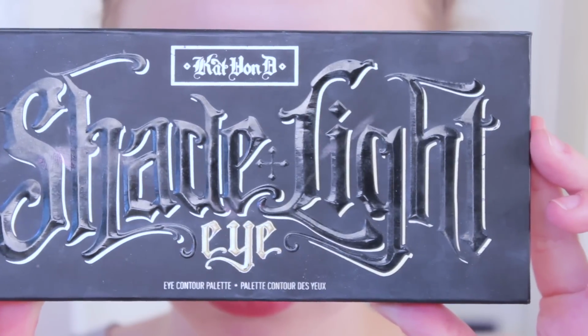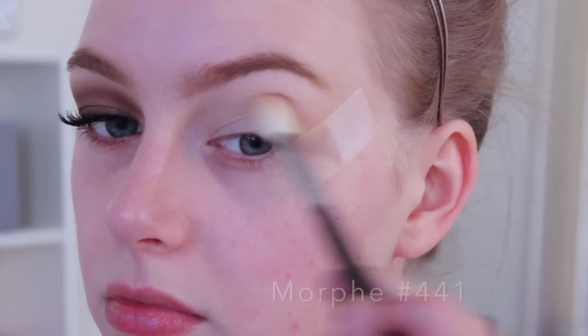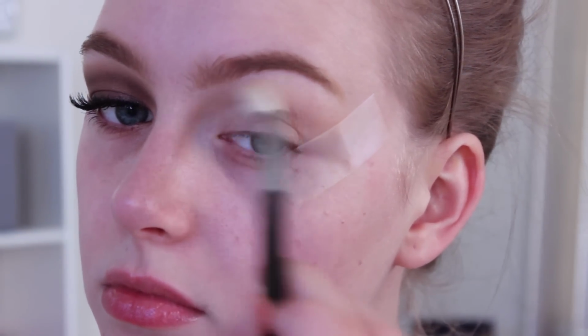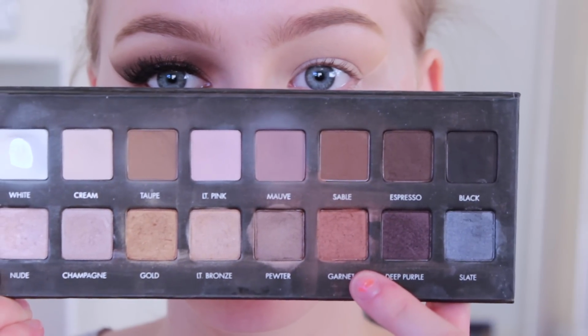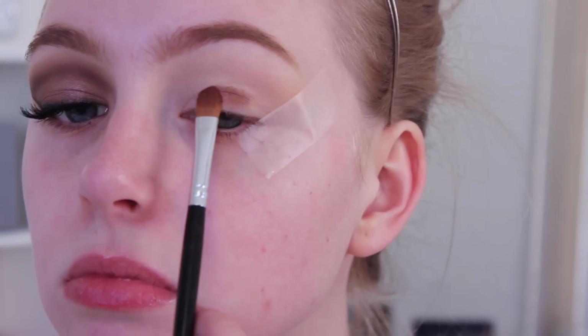As you can see, I already have one eye done, and the first shadow I'm using is this super light orange shade from the Kat Von D Shade and Light eye palette, and I'm using this as my transitional shade. Next, I'm taking this red-orange copper shade from the original Lorac Pro palette, and I'm using this as my lid